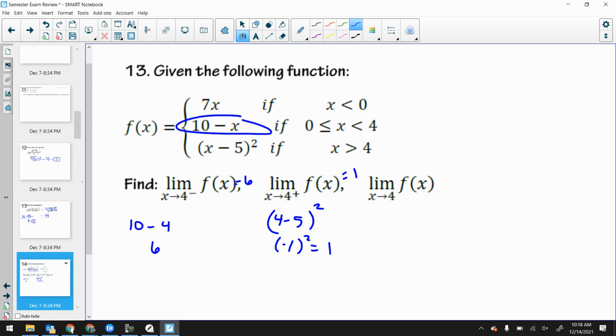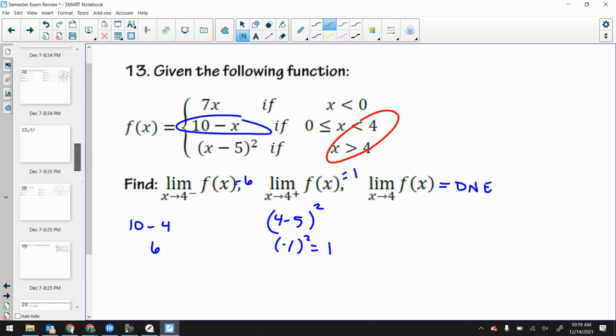Does not exist. The full limit does not exist because the left side limit must match the right side limit for the limit to exist. And we can also say that there is a discontinuity there, right? I don't know what kind. It's probably a jump, but it's not defined there, right? There's no or equal to. So it definitely is a jump. f of 4 does not exist. So therefore there is a discontinuity there, a jump discontinuity.